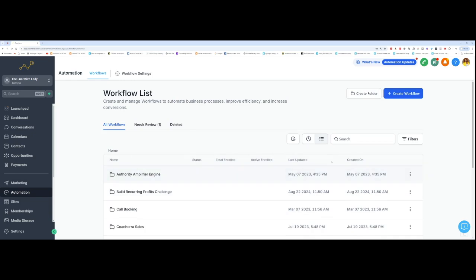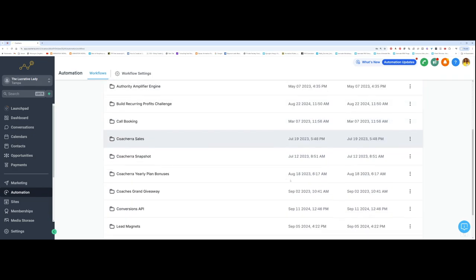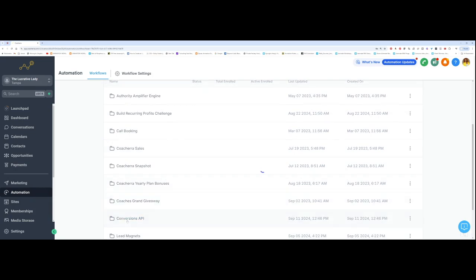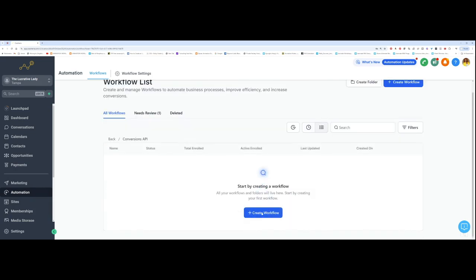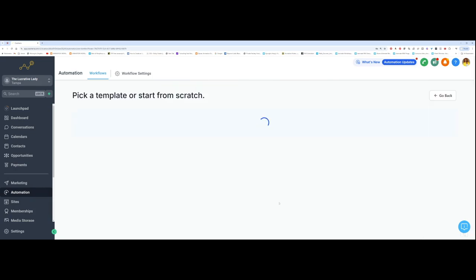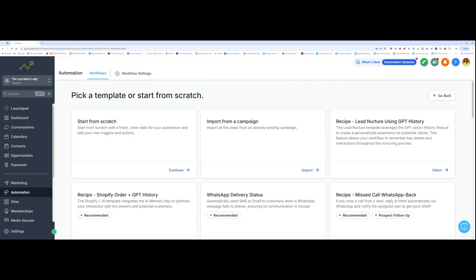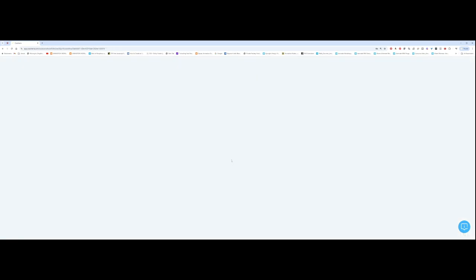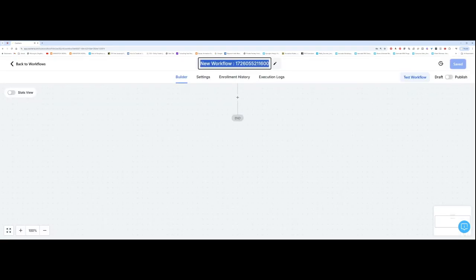And then I'm going to create a workflow. First, let me locate, so this is the folder I've just created. So I'm going to click into the folder, click on Create a Workflow to start creating a workflow inside of the folder. So you want to go to Create from Scratch, so click on Continue here. So the first thing you want to do is name the workflow. So I'm going to call this CAPI, C-A-P-I, which stands for Conversion API, and I'm going to name this Form Lead